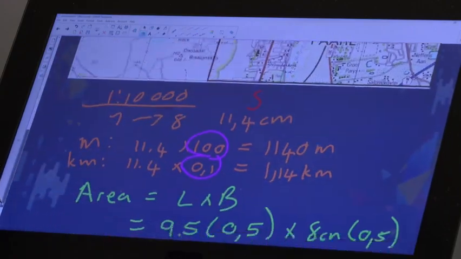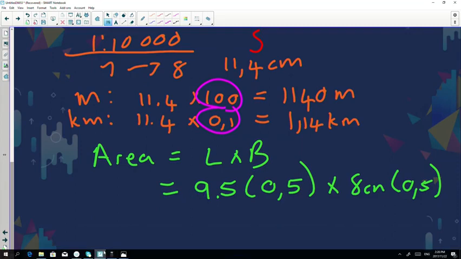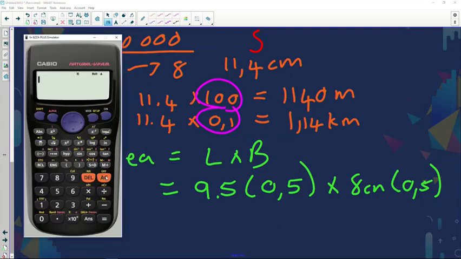That's how wide it is. And then we go back to our calculator. First of all, you calculate first your length, and then your breadth, and then you're going to calculate both of them with one another. So 9.5 times 0.5 equals